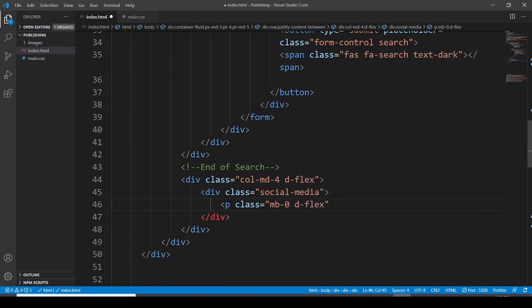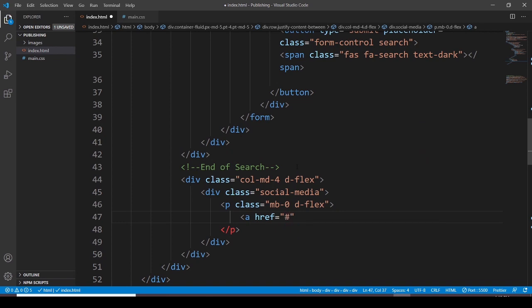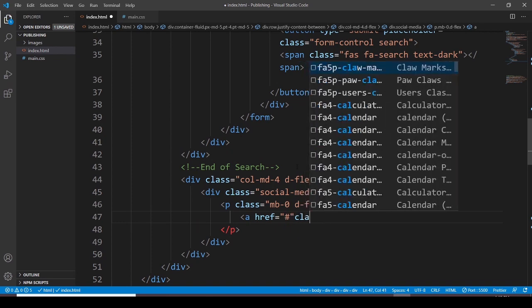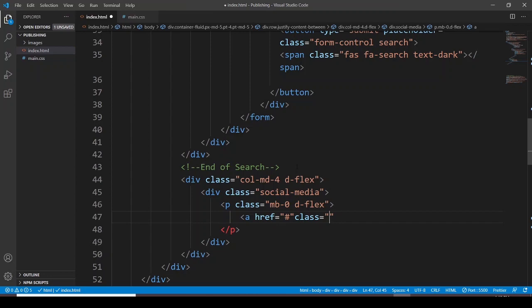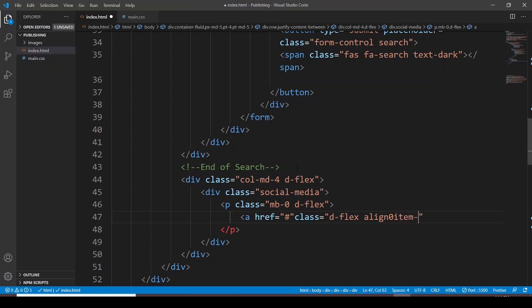Okay, margin bottom 0, display flex, and then I would like to go with an anchor tag href, and I don't want to have anything here yet, and I would like to go with a class, and the class is going to be display flex, align items, actually here is a mistake, align items center,